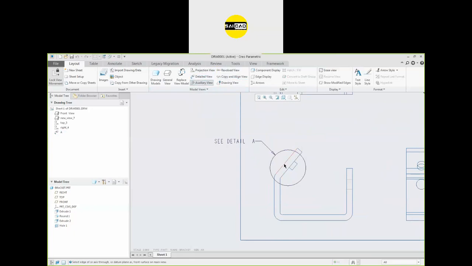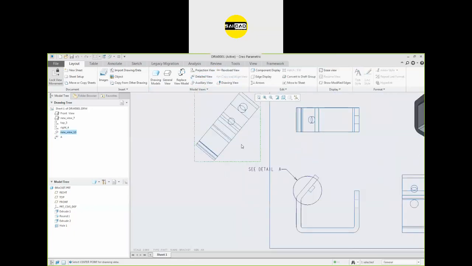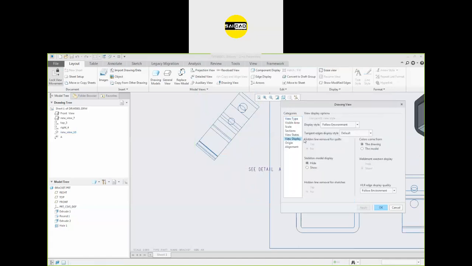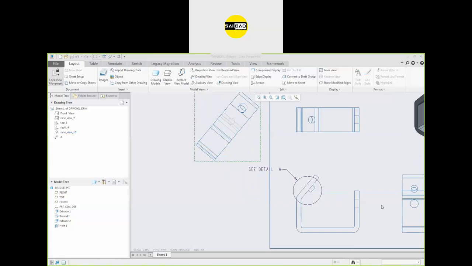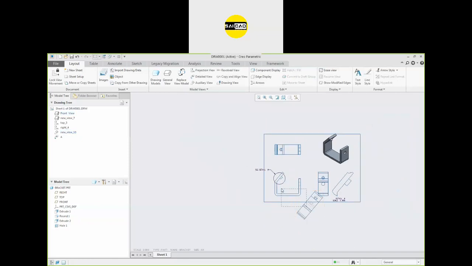Just select the edge and the placement where you want to define that, and here we have the auxiliary view. You can change the view display to hidden, apply, and here is the view. You cannot move it right now, so lock position. You can see it has an alignment. It will not move anywhere else. It can only move in this direction.